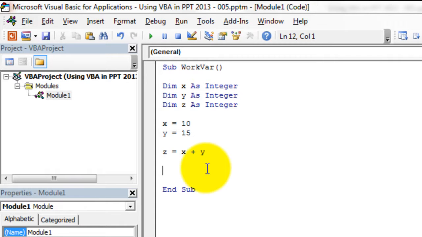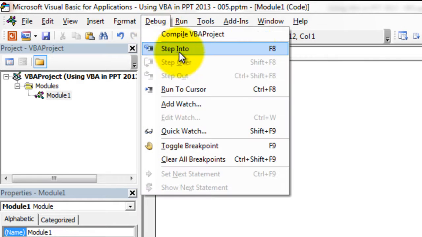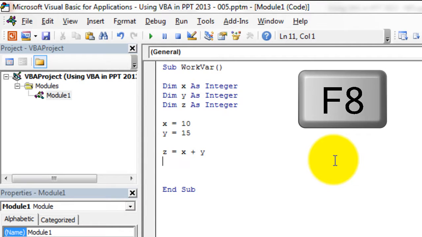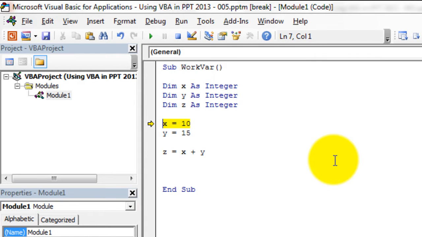So let us run it in Step In mode, which is accessible from here. If you go to Debug, you'll see this Step In, F8. What Step In does is it runs each of the lines individually one by one. So let's use F8 to run the program and see the output. If I press F8, it starts from the name of the subroutine, then it goes to x equals 10. See, it has skipped the three declarations that we have done because those are not going to be executed,